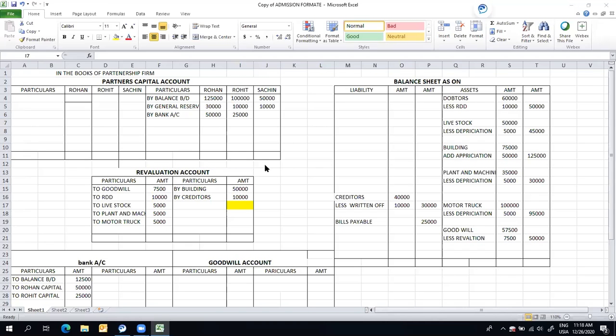Now we are done with our problem. Now the last part is totaling. Close your revaluation account. Tell me which side is heavier in the revaluation account. Debit side is heavier. Yes. Take the total of debit. 32,500. Sorry, I think credit side is heavier. My mistake. Credit side is heavier